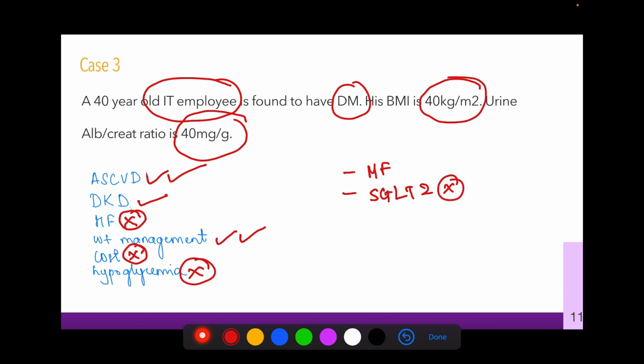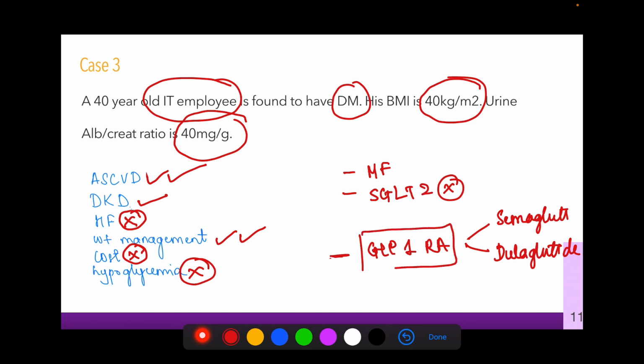So my first priority will be to start the patient on GLP-1 receptor agonists. There are two, semaglutide and dulaglutide. These can be given as once weekly doses. So I would like to start this. My first priority in this patient would be a GLP-1 receptor agonist. Only if the patient is not able to afford this medication, only then I would shift to metformin, SGLT2 inhibitor,